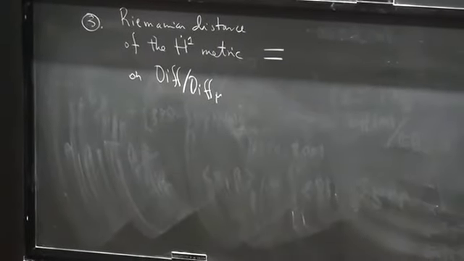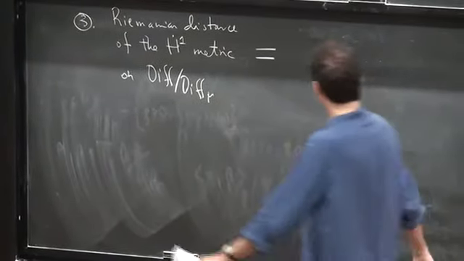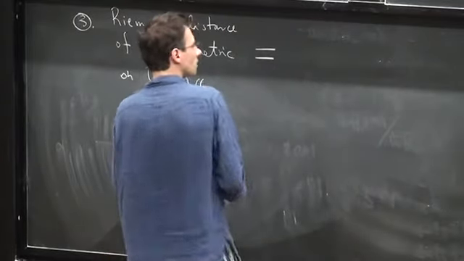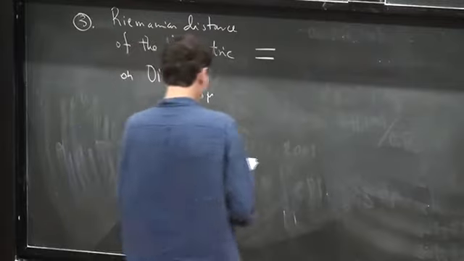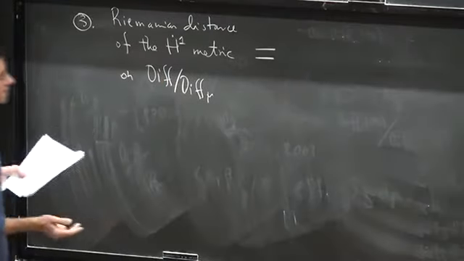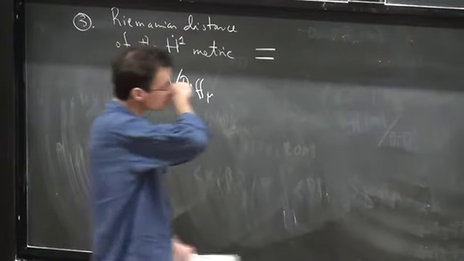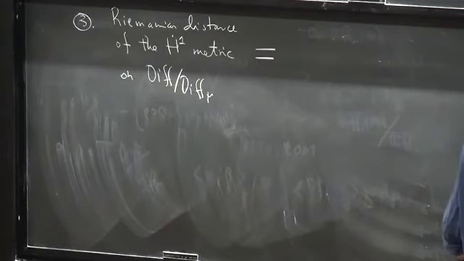So that's the connection to statistics. It turns out that this is the so-called spherical version of the Hellinger distance, which is one of the distance functions that are considered in probability and statistics, used widely in probability and statistics on the space of probability